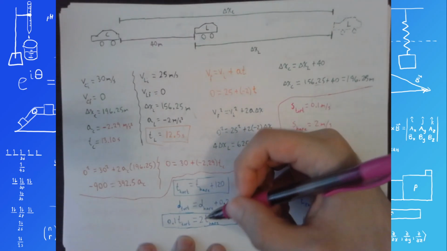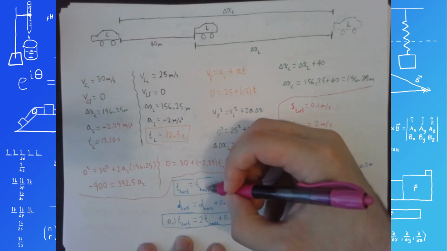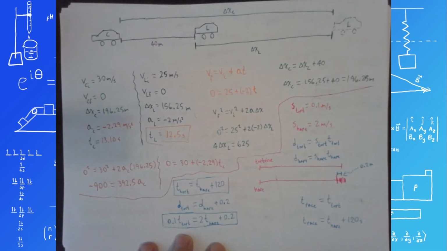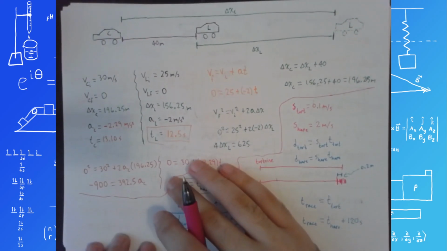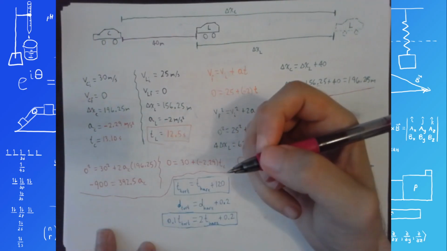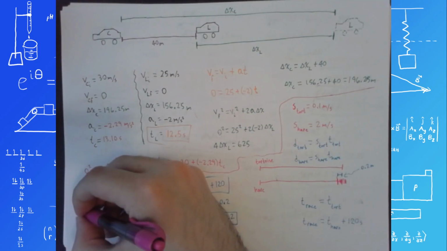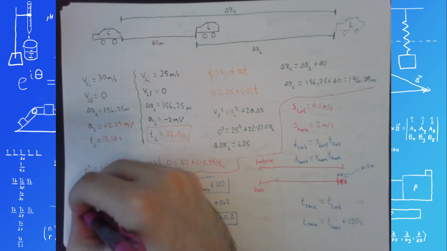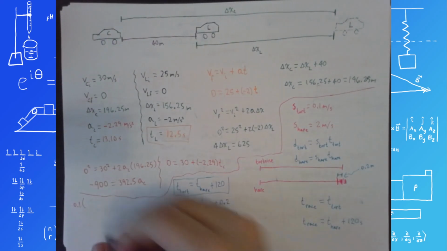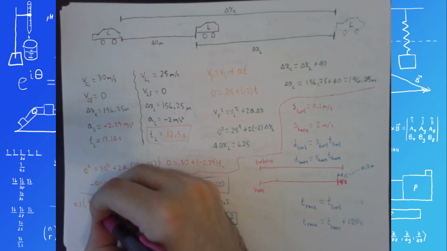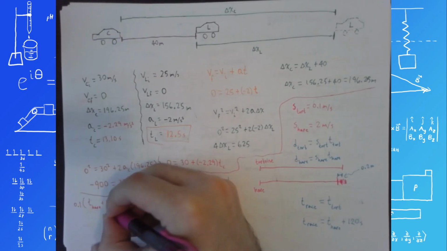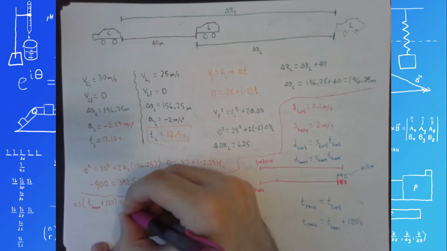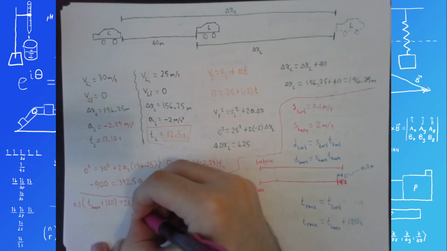So plug in t hare plus 120 for t tortoise over there. I guess I'll do it right here in this empty space. I might potentially be able to spare an extra page of paper here. 0.1 times t tortoise is t hare plus 120 equals 2 t hare